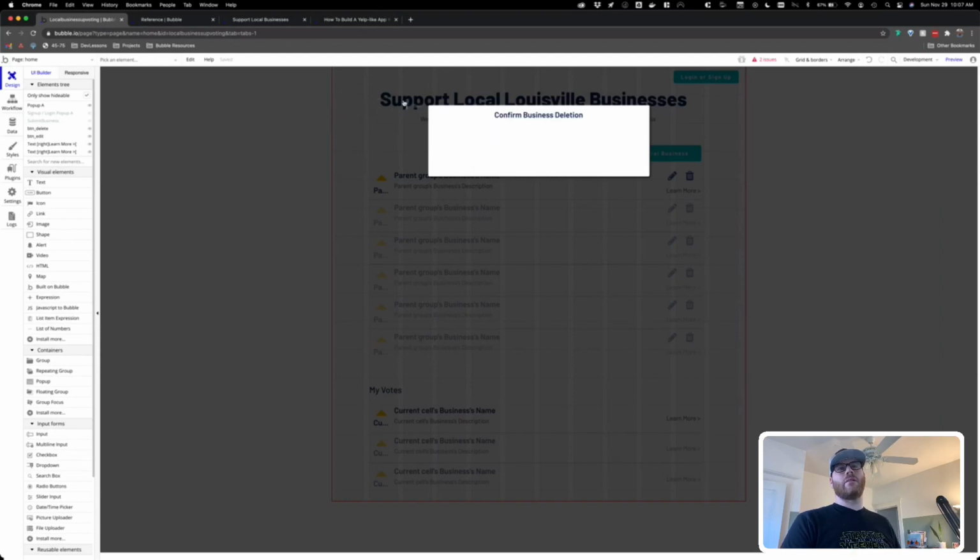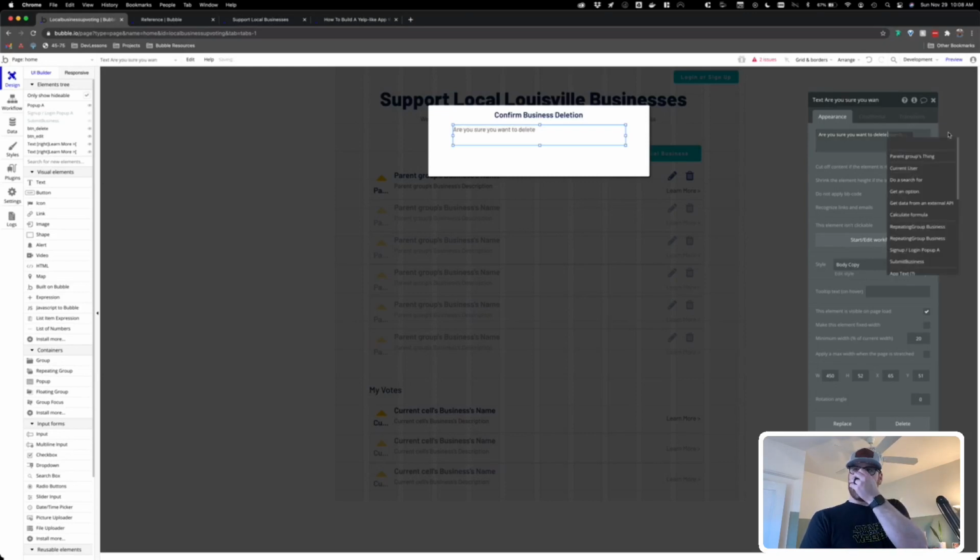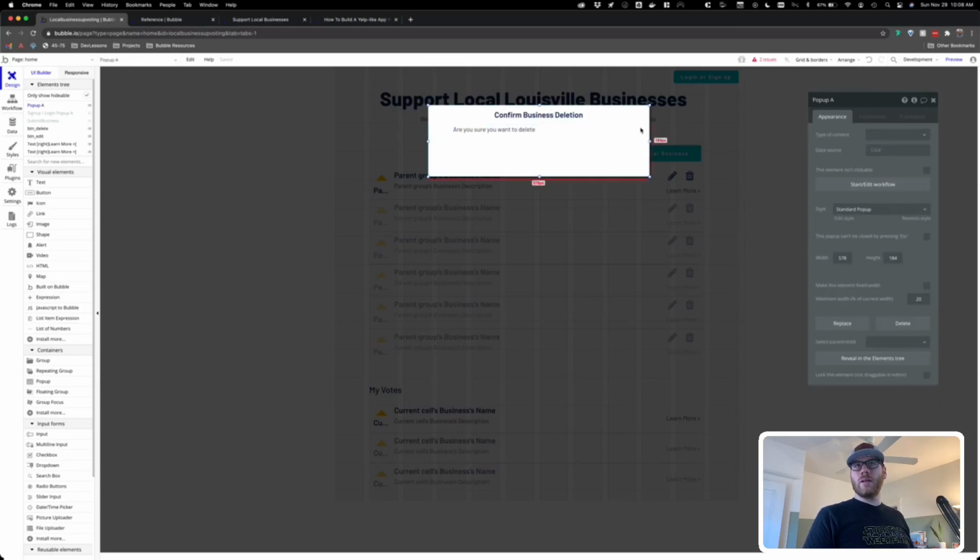See the red outline? That's saying this text is going to drop into that. We're not seeing it on the pop-up. So I'm going to click on that, and now we have the red outline on the pop-up. So we'll put it there. Are you sure you want to delete